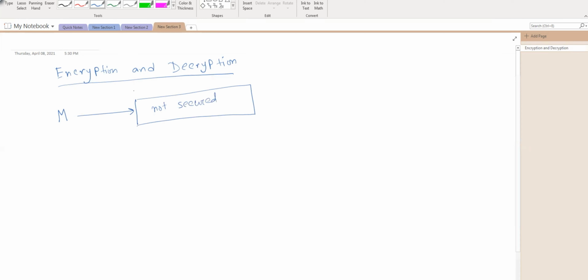That means in the channel there are multiple eavesdroppers that are trying to intercept your message. So you're trying to send a message to your friend, but as it is going through an insecure channel, there are possibilities that others are also going to read your message.